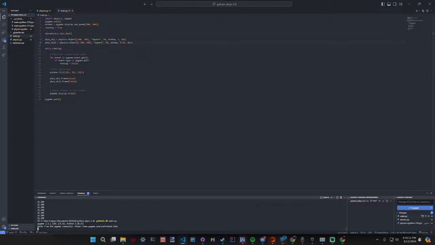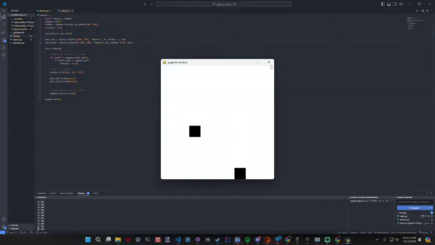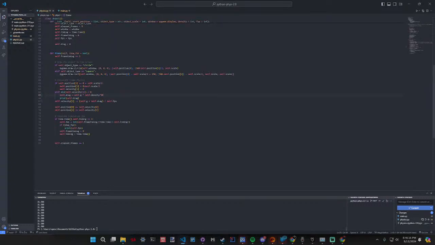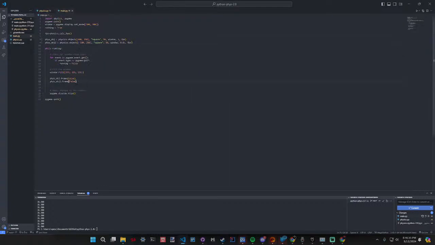So actually, if I just make a readout for that, and the FPS, I just make this print self.drag. Okay, so now on our object 2 we'll do true.